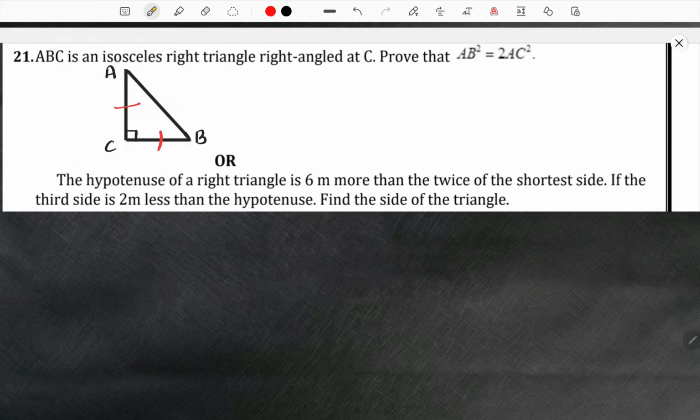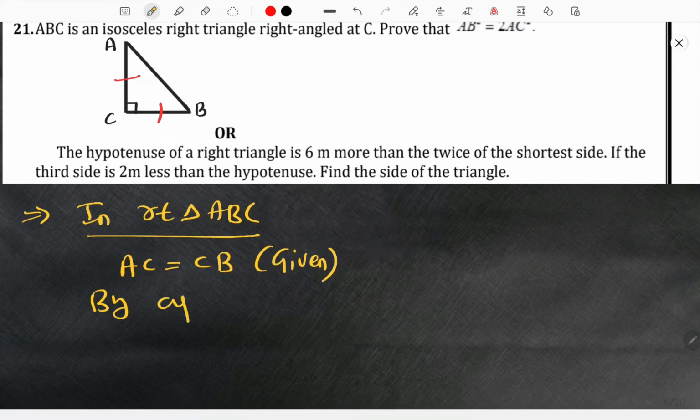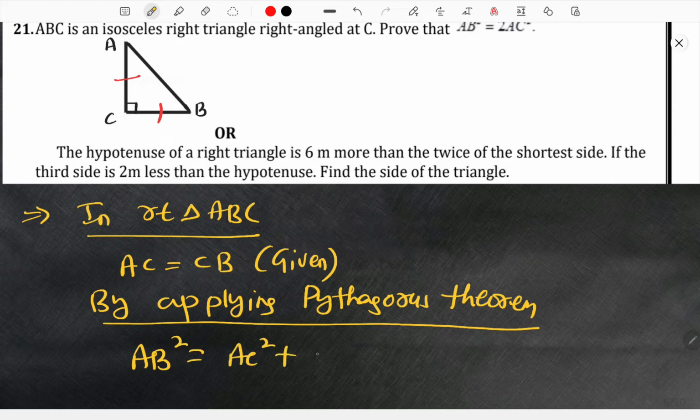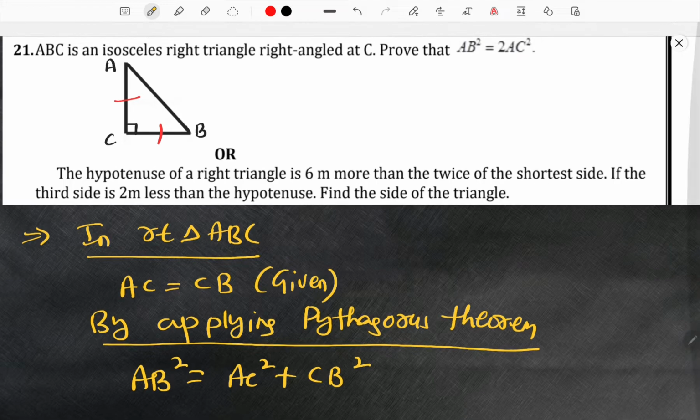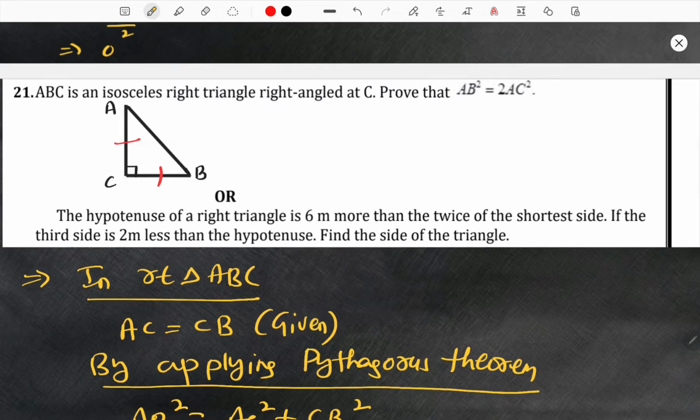So in the solution, in a right triangle ABC, what can I write is AC is equal to CB, because it is given, because they are isosceles. By applying Pythagoras theorem, you will get AB square is equal to AC square plus CB square, that is known to you. Now they want us to show that AB square is equal to 2AC square. So for that, what we will do now? We'll write AB square is equal to AC square